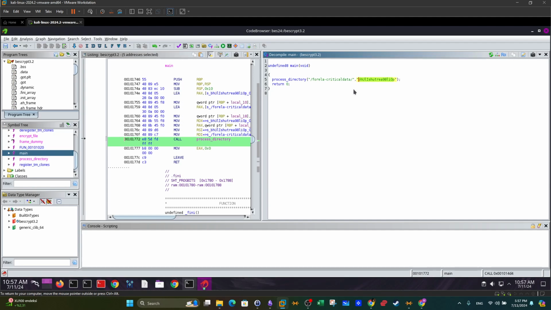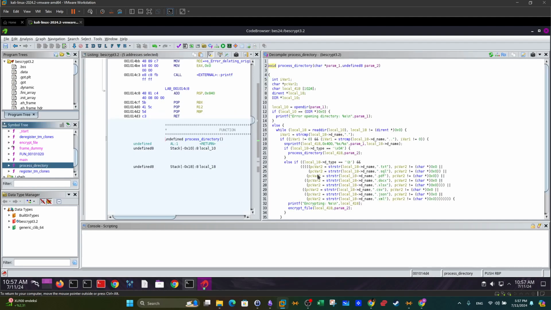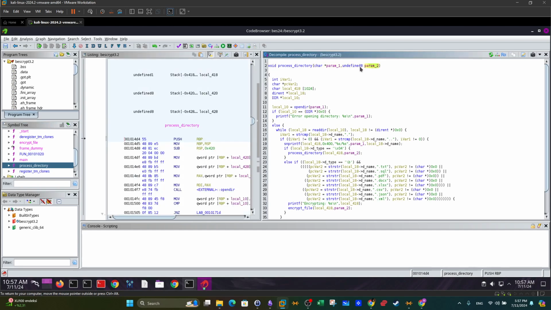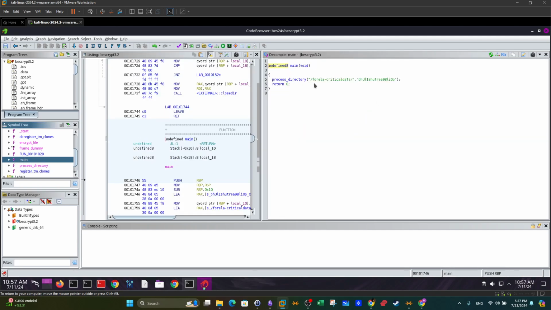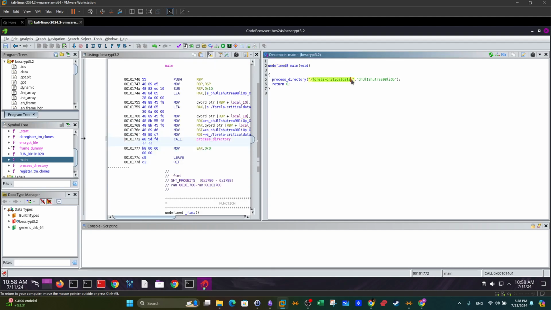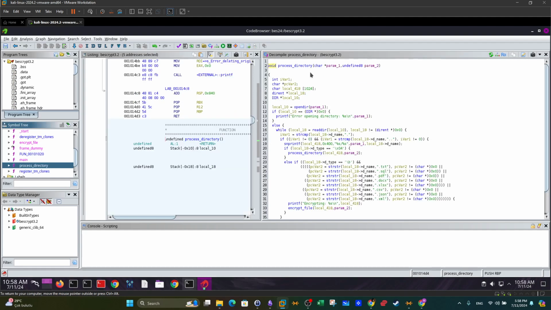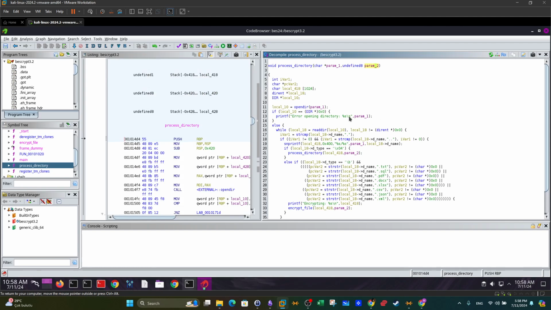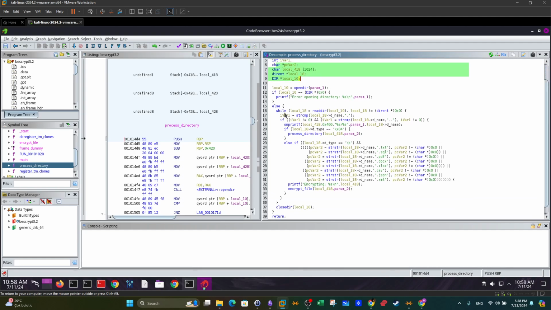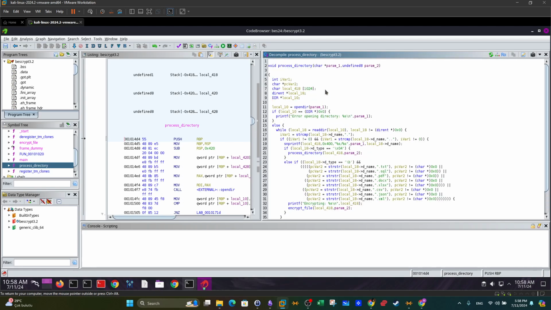These are only assumptions. We're going to have to follow through to the process directory function to take a look at more details. So under the list of functions, we can see process directory. And indeed, process directory takes two arguments, parameter 2 and parameter 1 taken from the main function. So the directory which will be encrypted, and what appears to be the encryption key, are passed along as parameters here. And then we can see a couple of variable declarations, and here we can see a while loop, a while with combinations of if and else that loops through every single file found under